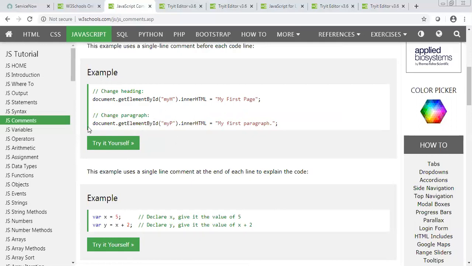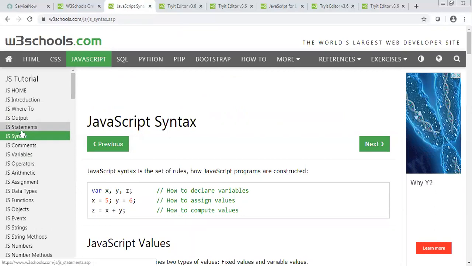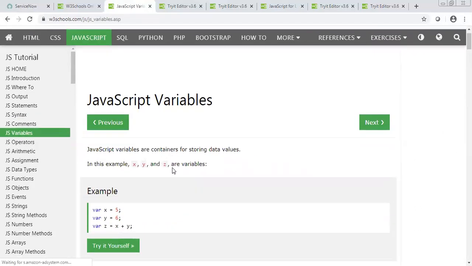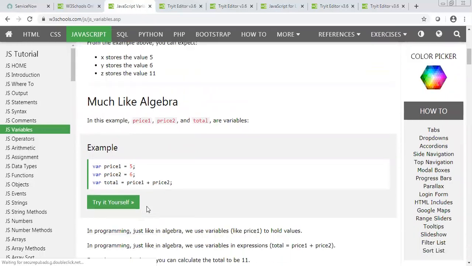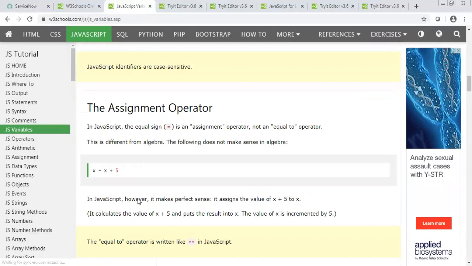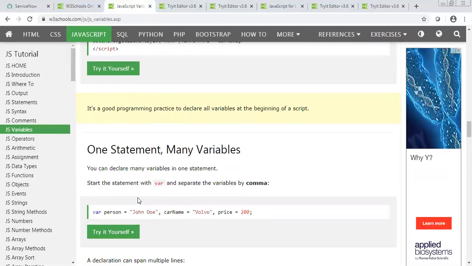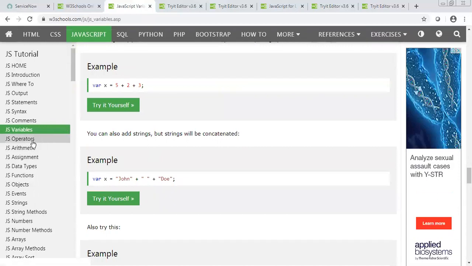If you want to go through this JS syntax, then comments, then this variable, how we define it. We have seen variables. So maybe you can have more depth in this, like variable type, value, like script, and so variables you can see.